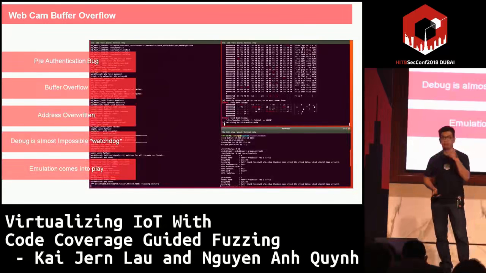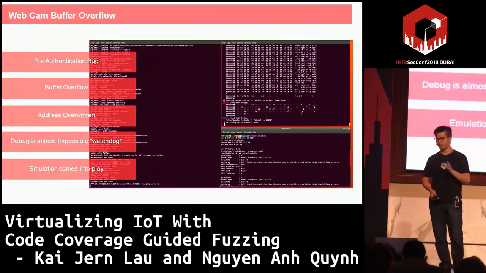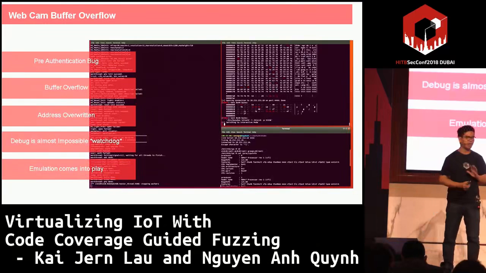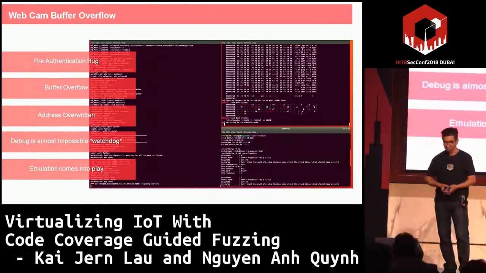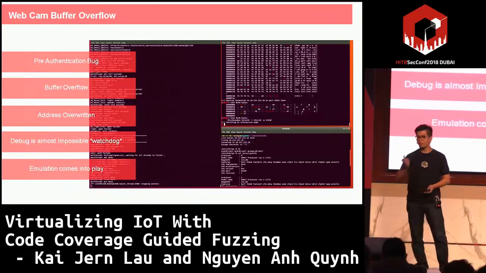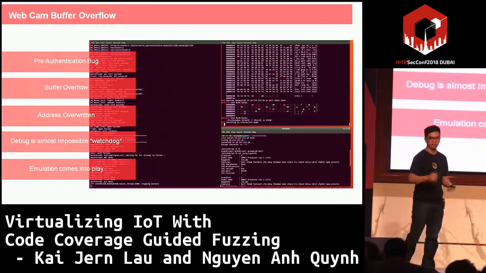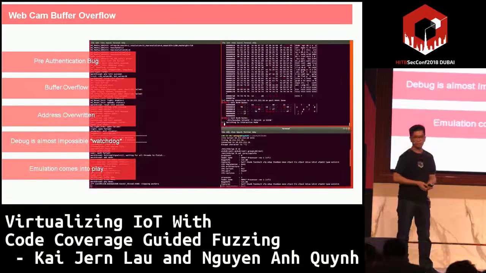So we extract out the firmware. How do we extract it? This is a very fun camera. You cannot find any firmware on the official website. They don't even have an official website for whatever reason. So what we did is we extracted the firmware from the chip with a reader. We rearranged the partition, and